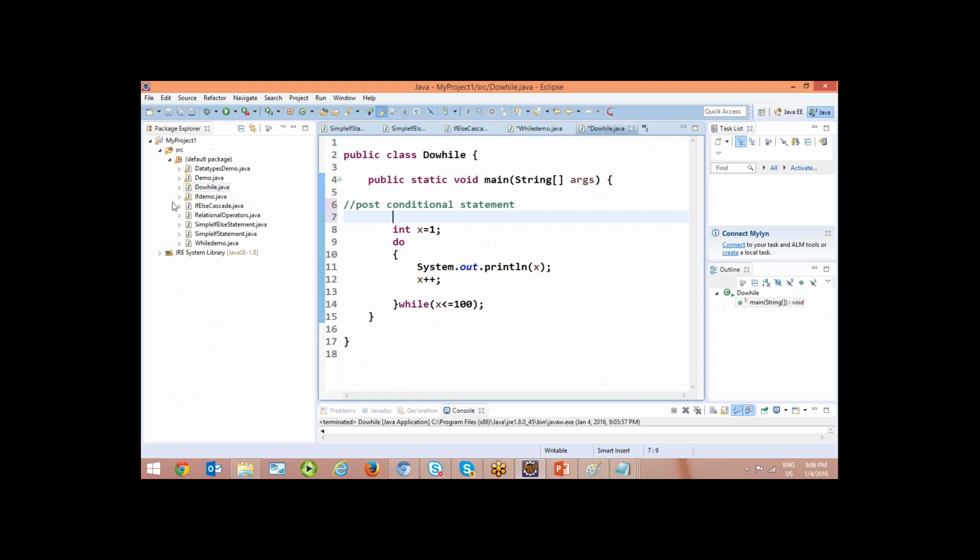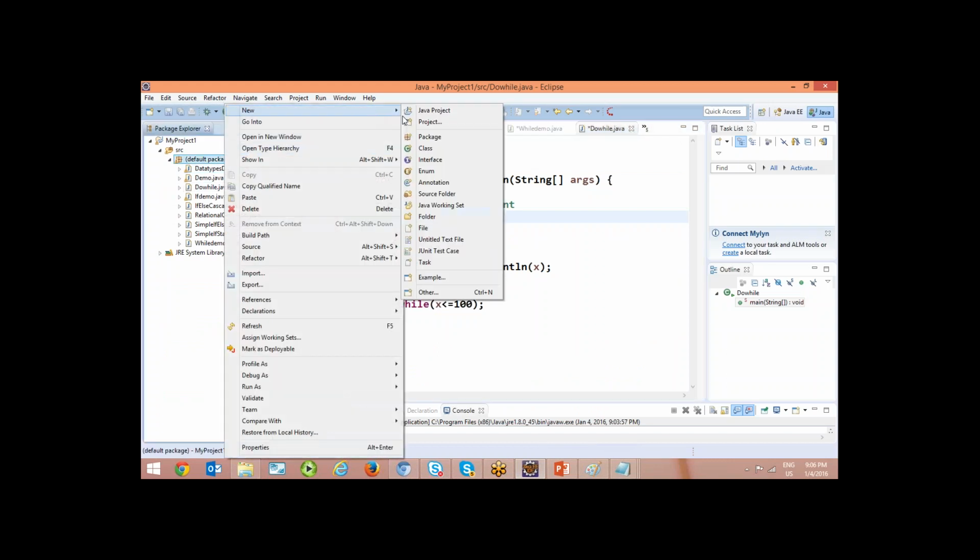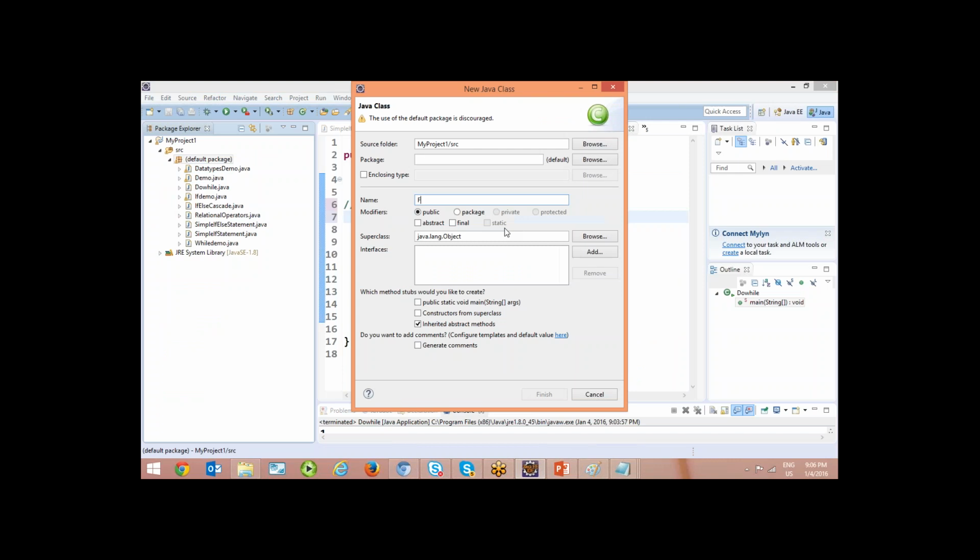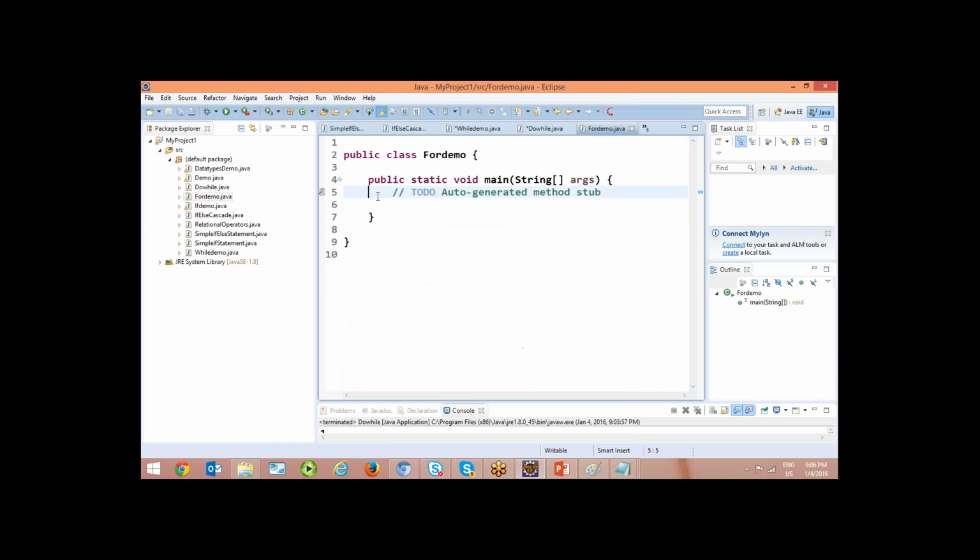Now coming to the third looping statement called the for statement. For is very simple, which further reduces the program length. In Java there is an advantage: within a for loop only you can declare. You don't need to declare on the top like int x equal to something. This is not required. For int x equal to 1, x less than or equal to 10, x plus plus. Everything is within a line, in line. And then you want to print x. That's it.